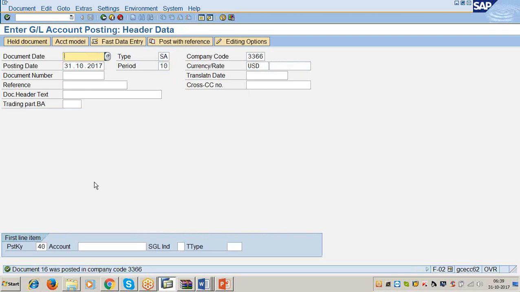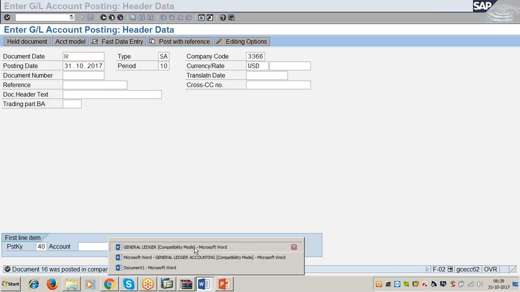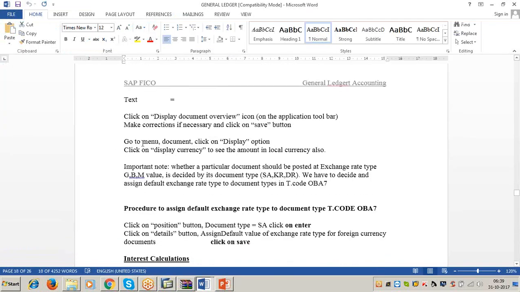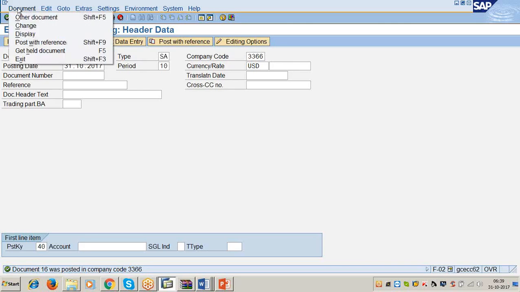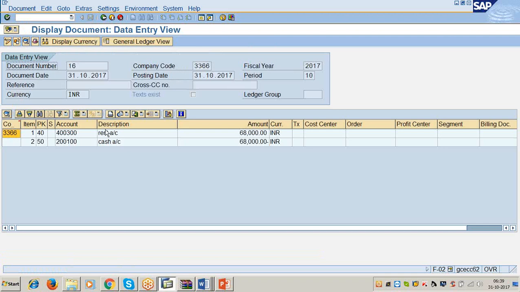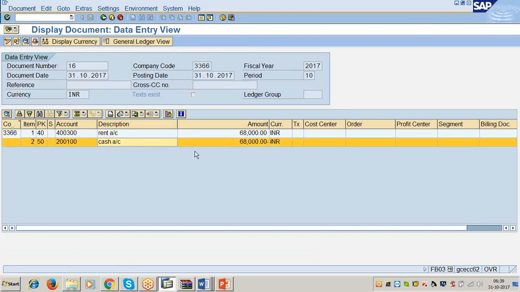See, document 16 was posted in the company code 3366. And see the material, please. Go to menu document. Click on display option. See, rent account debit to cash, 68,000. And you see the amount in INR.